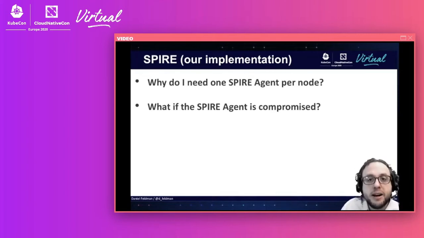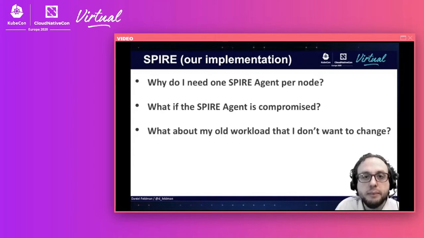Also, the SPIRE agent doesn't have any of your cloud credentials. All of that is stored in the SPIRE server configuration. So even though it probably isn't great if your SPIRE agent is compromised, because it can issue SVIDs that it isn't supposed to issue, it can't issue just any SVID for your entire organization. It can only issue SVIDs that are supposed to be issued by that node.